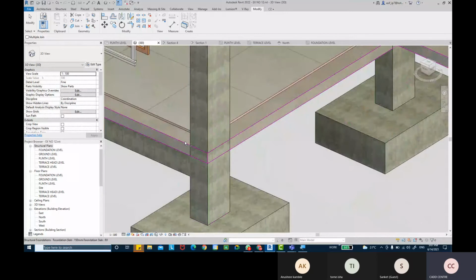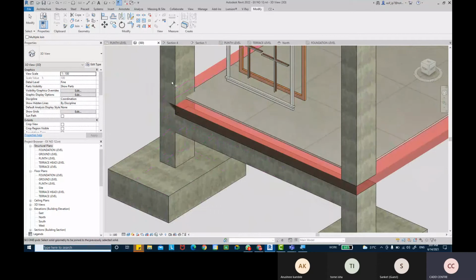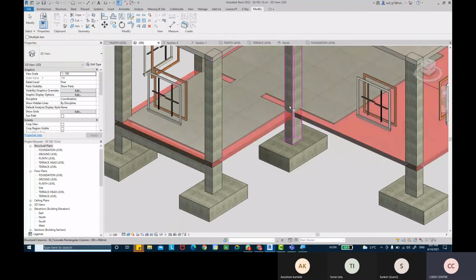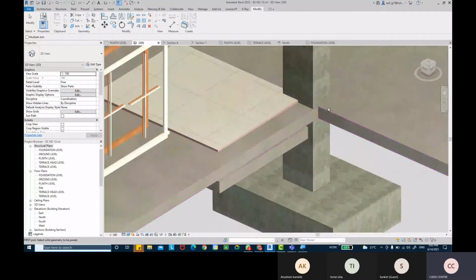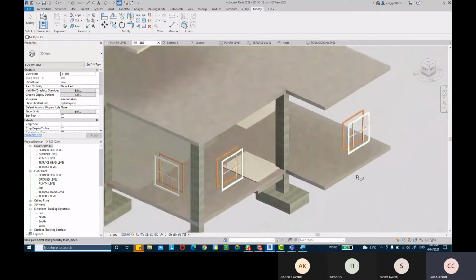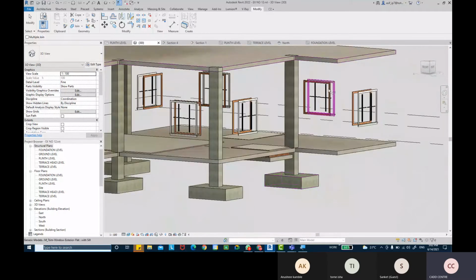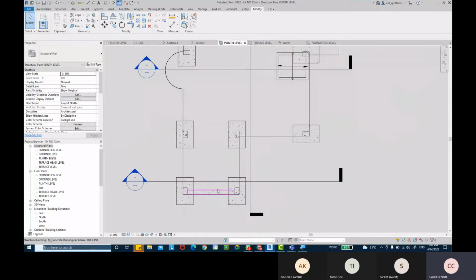So wherever you find these errors, you just join geometry. And if your beam placement is also pending, you can start placing the beams.